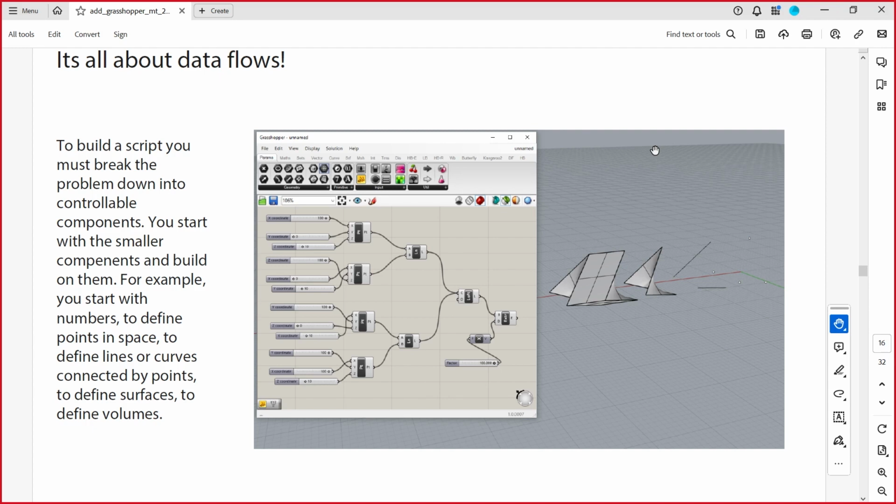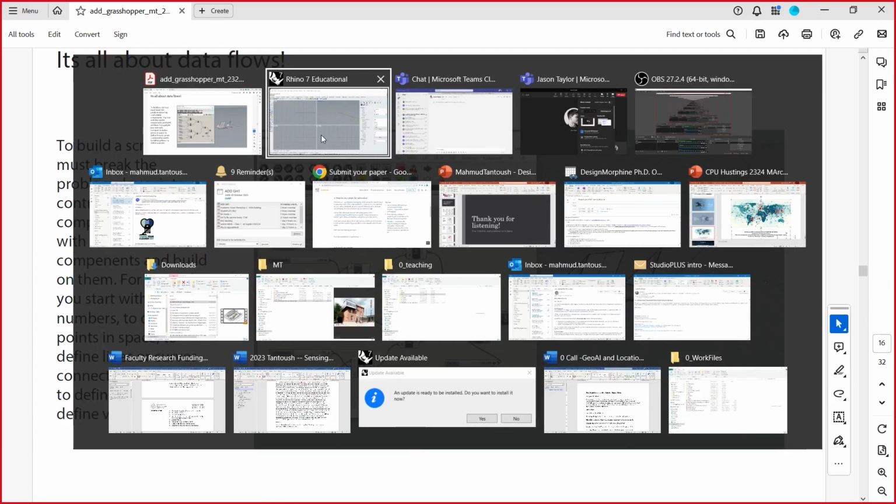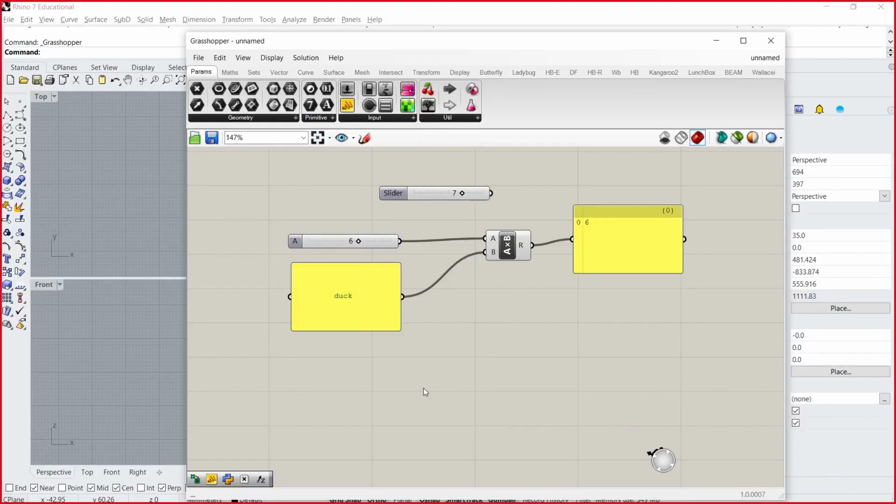Okay? So how do you represent a line? It's 2 points. Okay? How do you represent the surface? Surface is made out of 4 edges, right? So 4 lines. Okay? How do you represent the volume? The volume is the surface extruded. Okay? So when we're working with numbers, it's directly related to working with geometry. Because if I was to go in Grasshopper now,